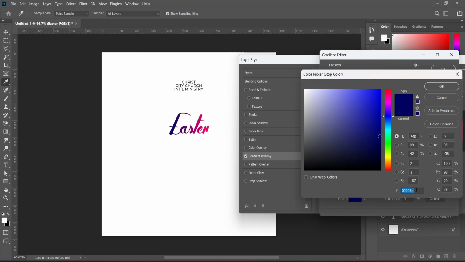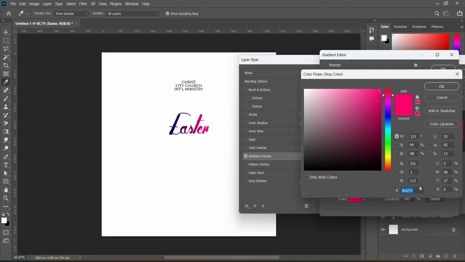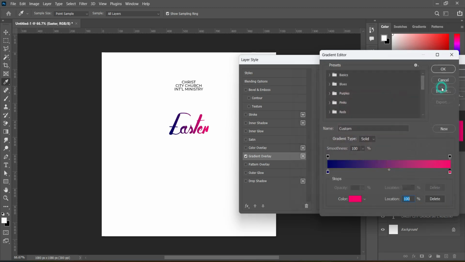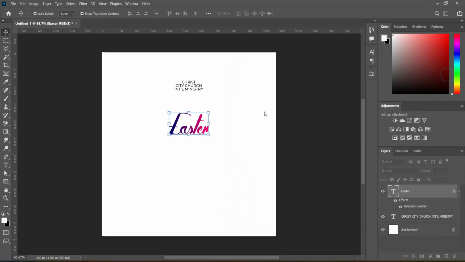So this is the color code, and the second one over here is the color code FB0271. So this is it. Take note of it. Then we are going to apply it now. Click OK to apply. Then Ctrl plus J to duplicate,